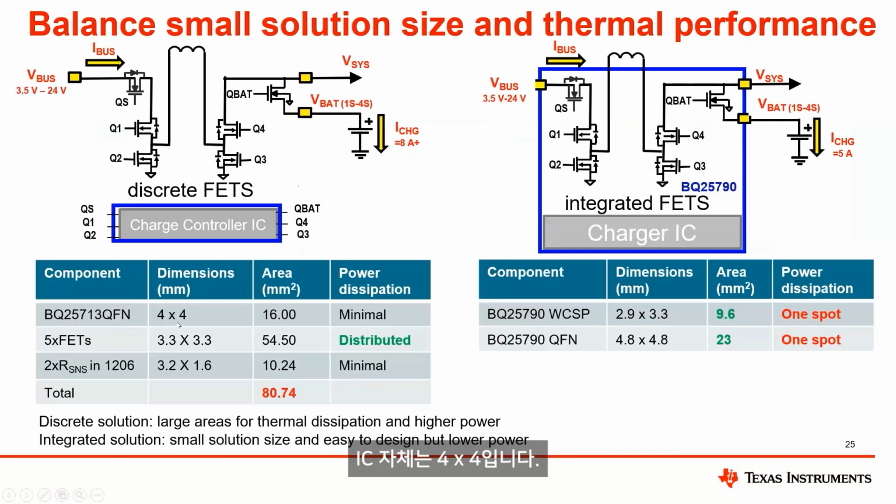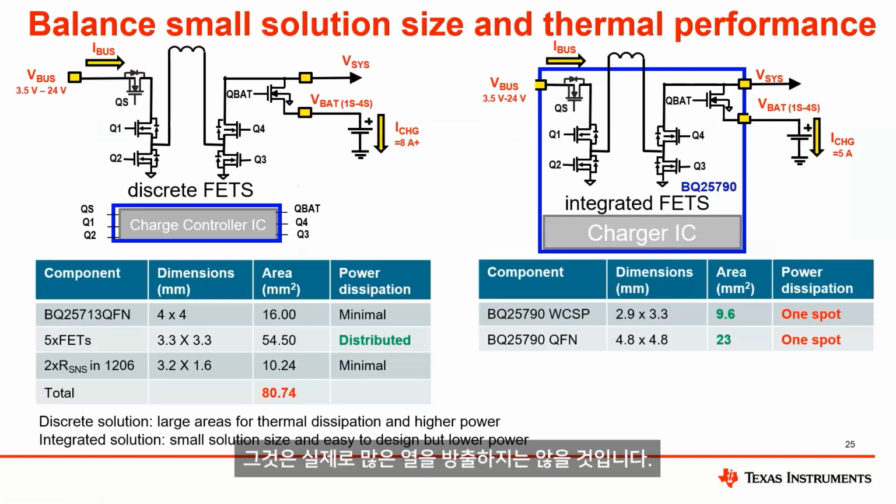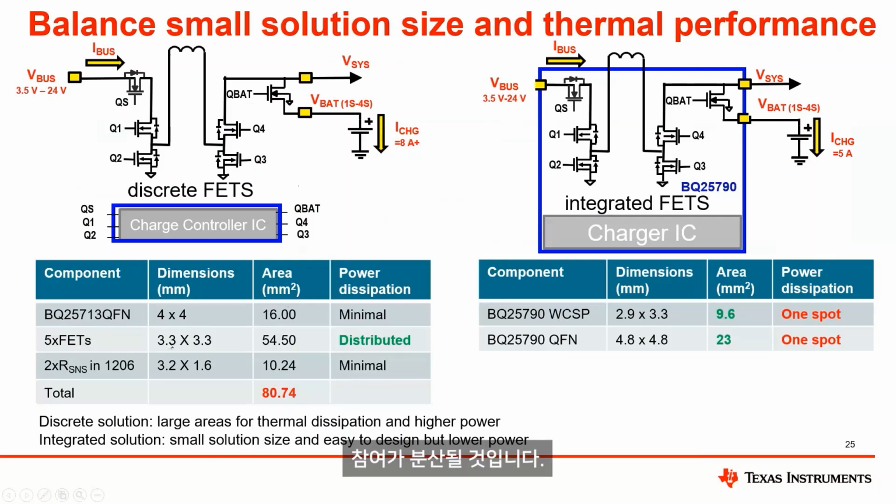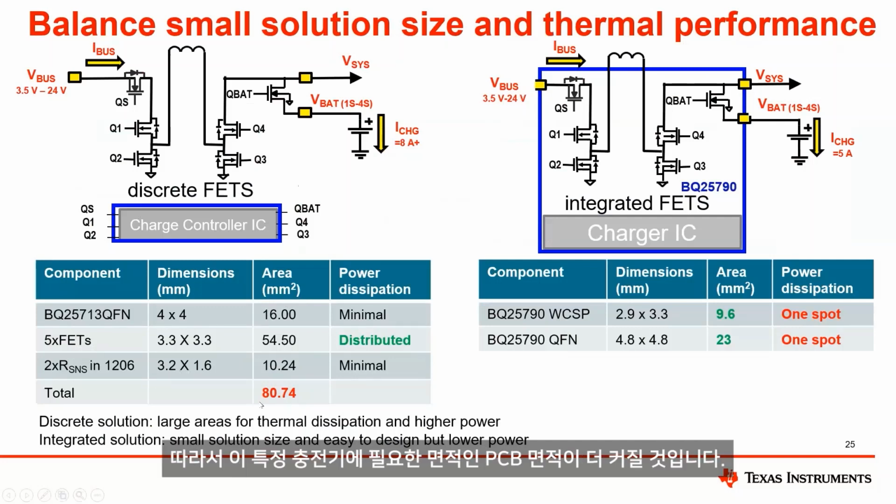The IC itself is 4x4, so it will have an area of 16 millimeters squared. It's not going to really dissipate a whole lot of heat, but by the time you add in all these FETs that you need externally, their power dissipation will be distributed, and then we do have external sense resistors for our controllers. So the PCB area that you need for this particular charger is going to be bigger,